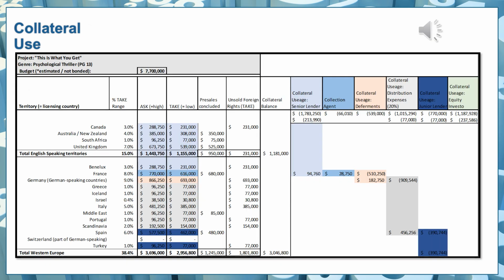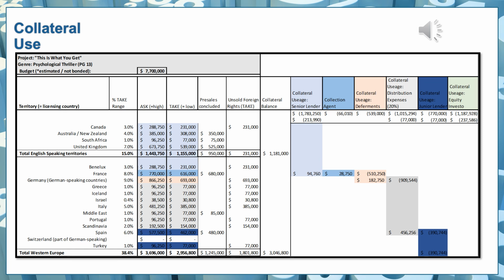So the finance plan is something we have done before, but the focus of this exercise is, I would like you to see how much collateral is used up by each of the financing entities and financing partners and everyone that has an entitlement in connection with the movie. So when you see our sales estimates on the left, which basically include the take and the ask pricing, and you see the colors marked in there, which is the collateral taken up by the financier or expense recipient,